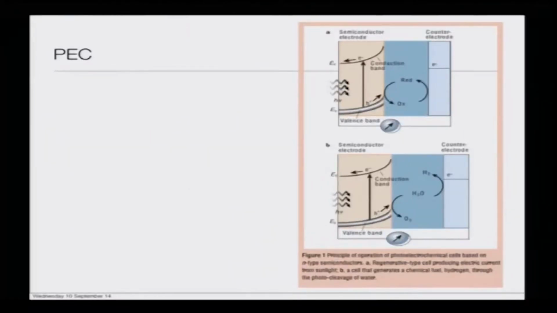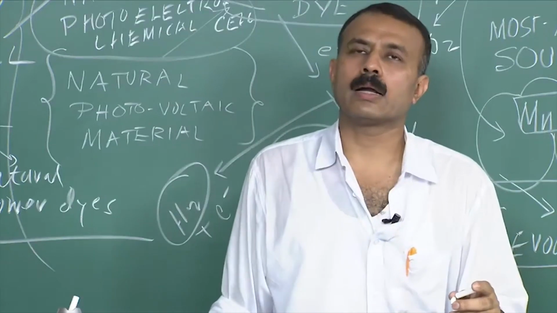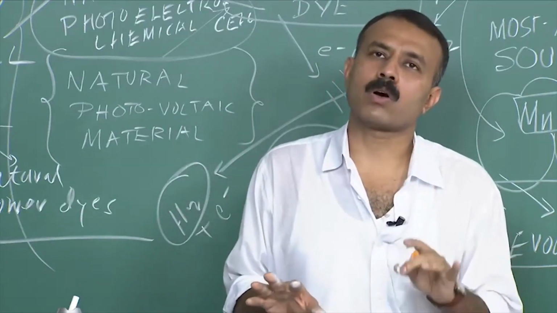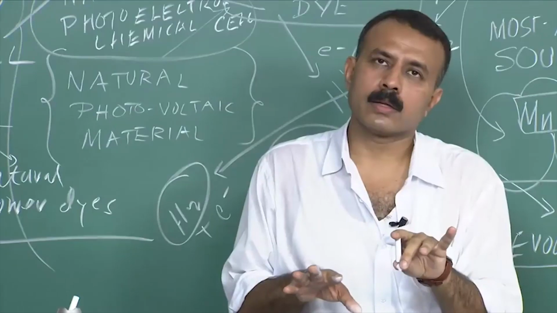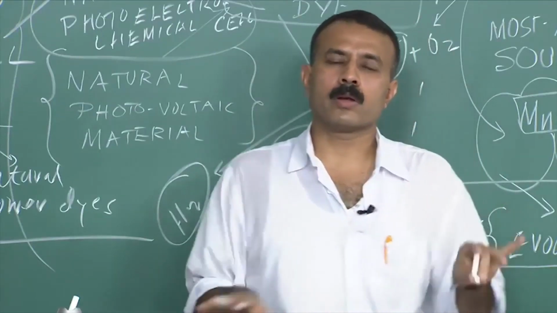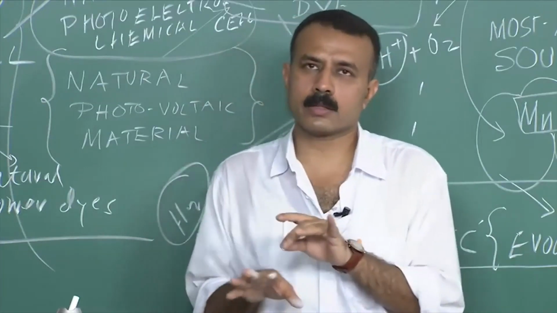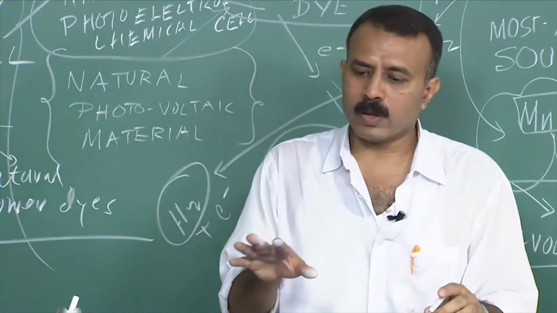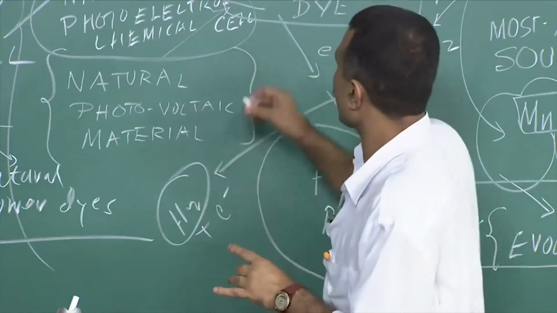So, you can say that this was the first breakthrough which laid the foundation stone for the photoelectrochemical cell. What a photoelectrochemical cell is, I will give you the reference, but just for simple understanding: the principle of operation is based on N-type semiconductors, and I will give you the exact reference. Please go through what PECs are. Basically, PECs are a hybrid device of semiconductor and electrolytes. These are not the pure dry kind of situation. So, there is an electrolyte and there is a semiconductor, and I will give you a very nice reference which I have already highlighted here